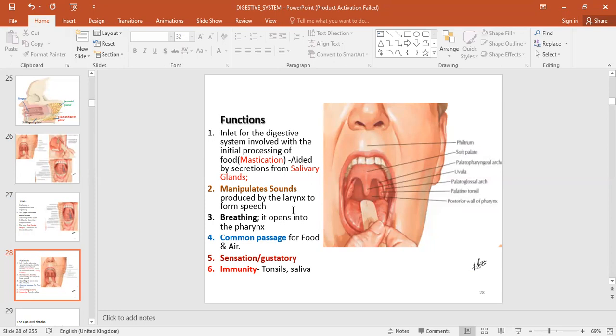Especially in adults, you can close your nose and still breathe through the mouth. But newborn babies are obligate nasal breathers. So they can't breathe using the mouth. They have to breathe using the nose until maybe around 6 months or so, or maybe 3. That's when they can breathe through the mouth as well. I explained that phenomenon when looking at the